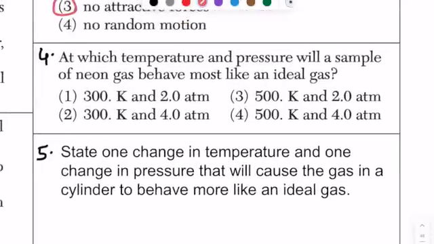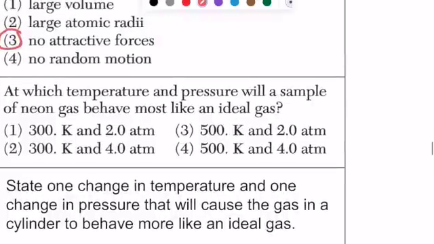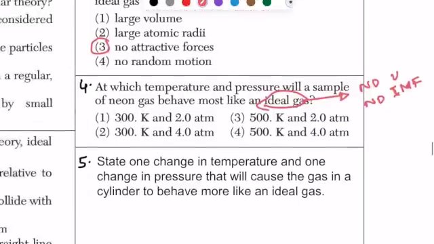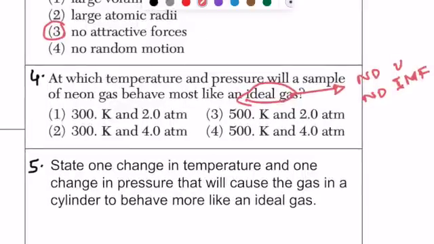At which temperature and pressure will a sample of neon gas behave most like an ideal gas? So remember, kinetic molecular theory said an ideal gas is something that has no volume and no IMFs. So the only way that a gas can behave like an ideal gas is if it has very little volume or very little intermolecular force, which is only possible, and you must memorize this, when we have very, very high temperatures, because now the particles are moving very fast, so they have very little